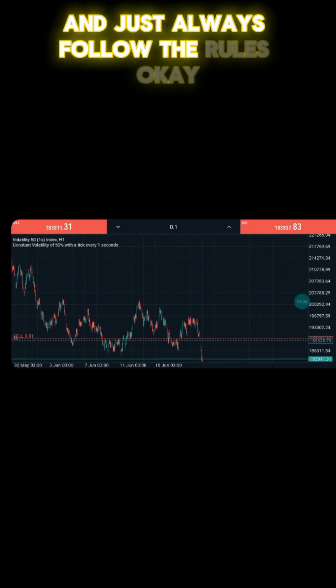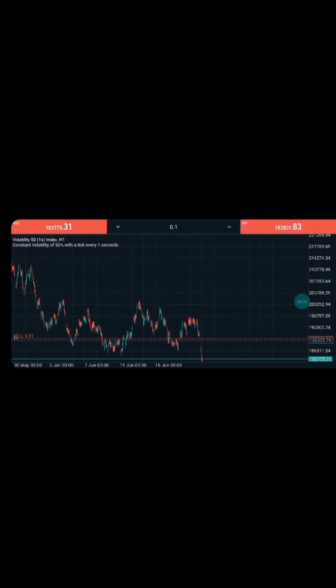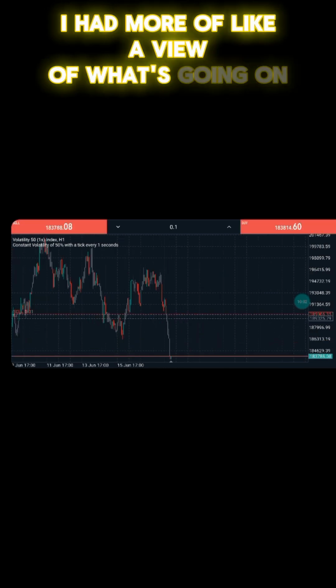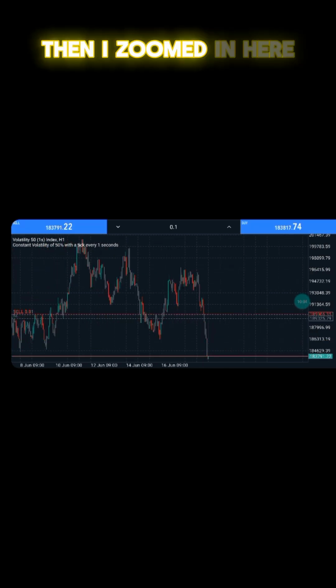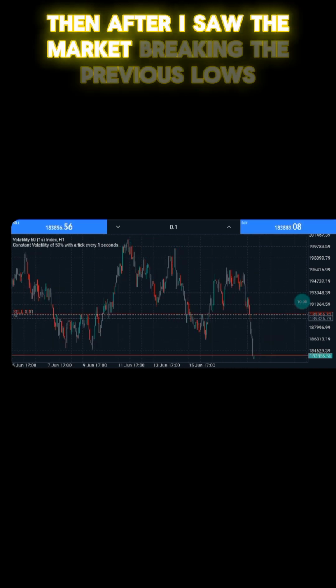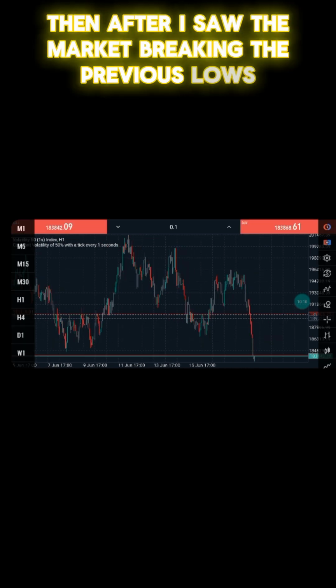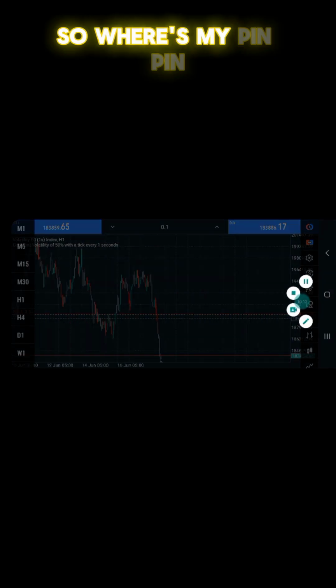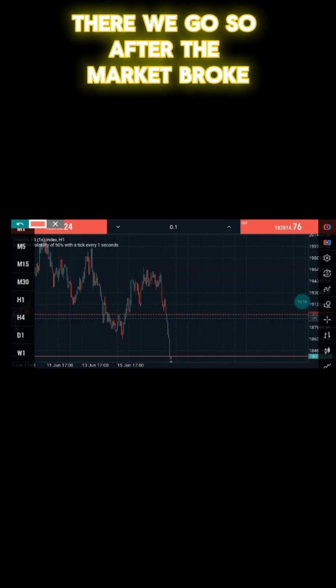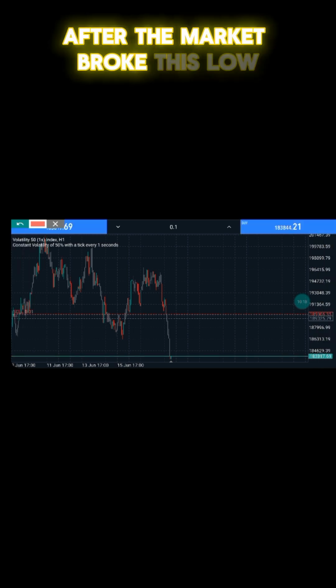Just always follow the rules. Okay, just always follow the rules. After going to a lower time frame, I had more of a view of what's going on. Then I zoomed in here. Then I saw the market breaking the previous lows. Where's my pin? There we go. So after the market broke this low,